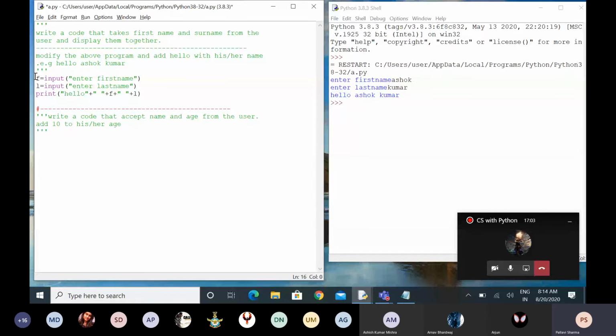Again, let's take the same thing. I'm just copying and pasting. Here I am taking the enter age, because age is in the form of numbers, so we can use int, so that it will convert the string into the number form.